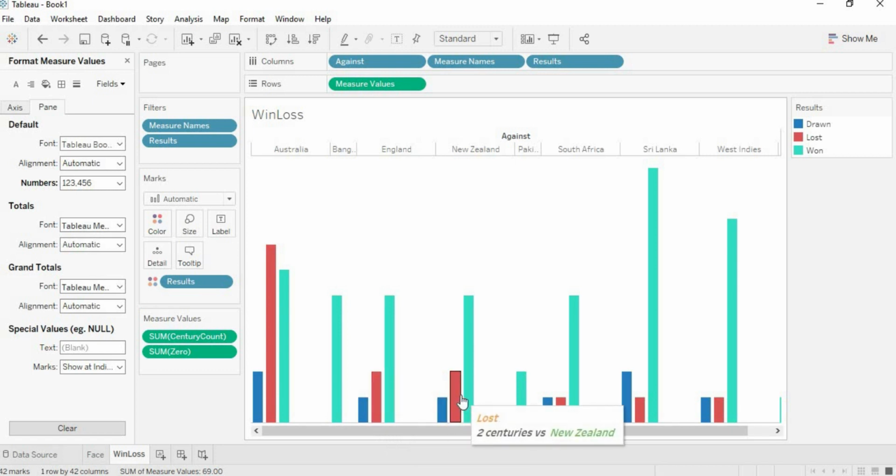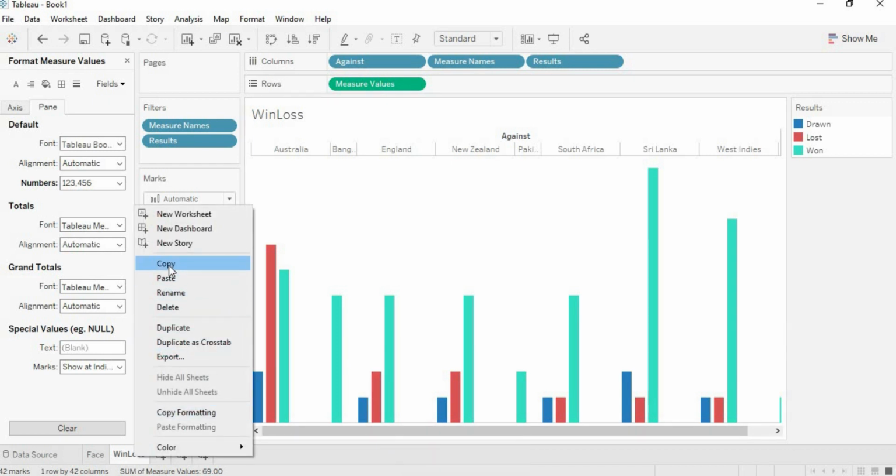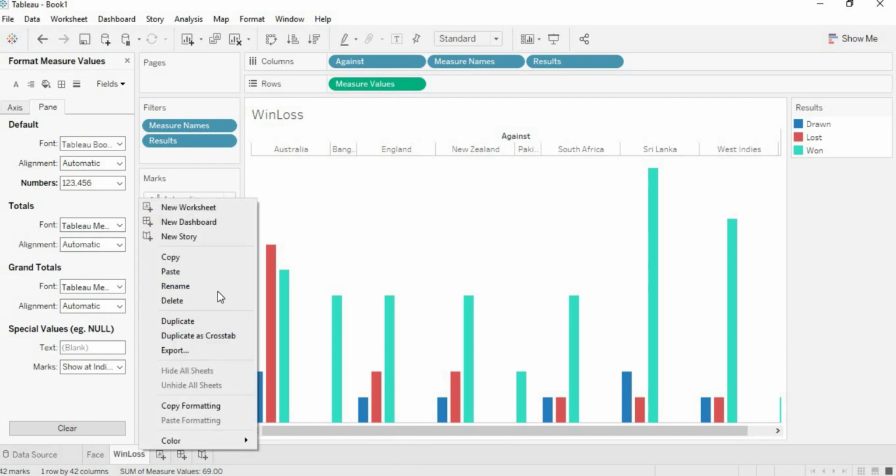Okay, now the next thing is I want to add this header at the bottom. So in Tableau that is not possible, but I have another idea. What you have to do is copy and paste.